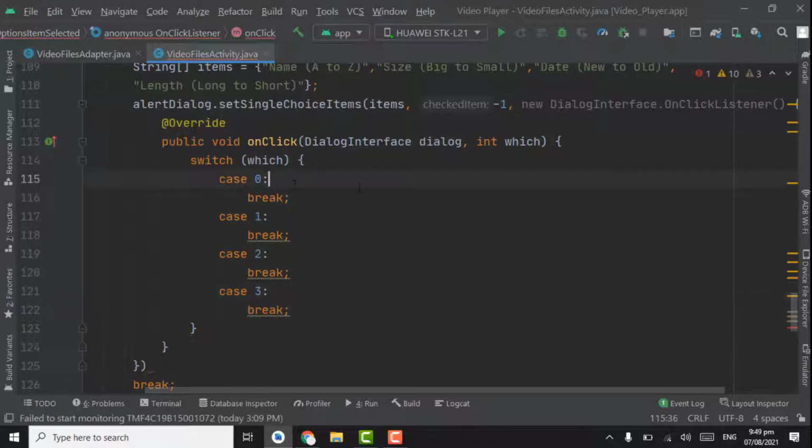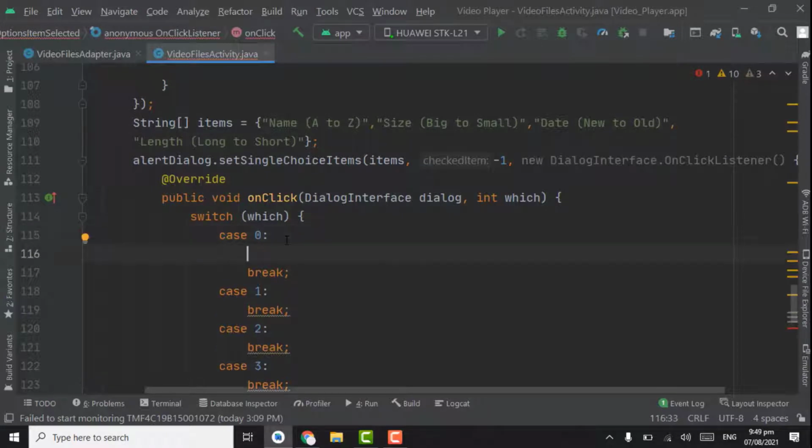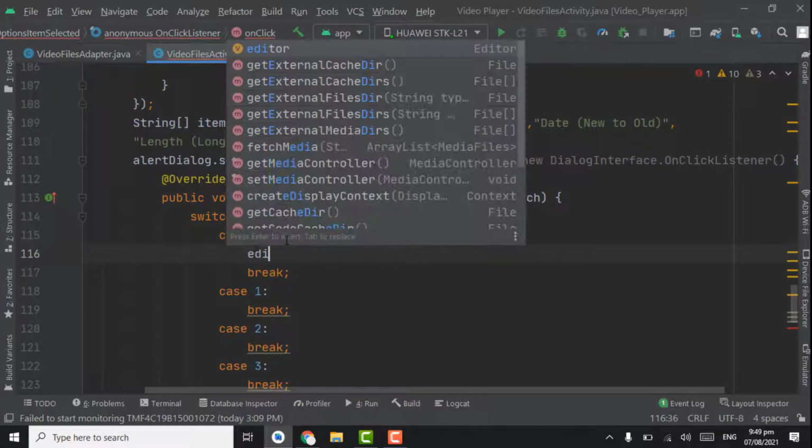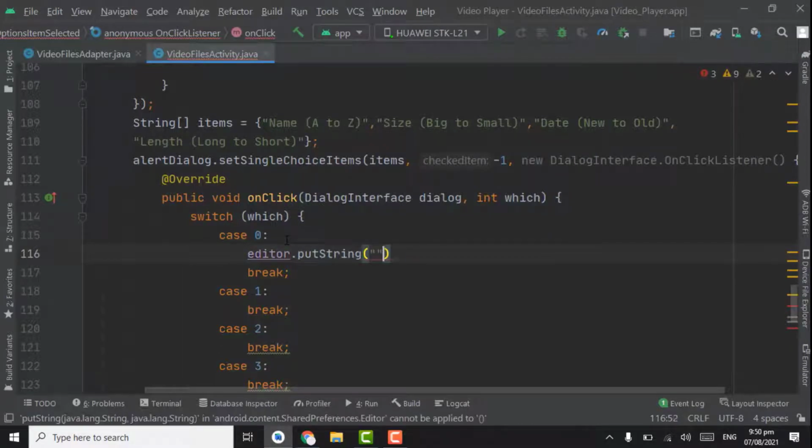Now if user select the first item, that is name, from A to Z, we will send the data through shared preferences, editor dot put string, double quotes, key will be sort, and the value that we want to send for name will be sort name.